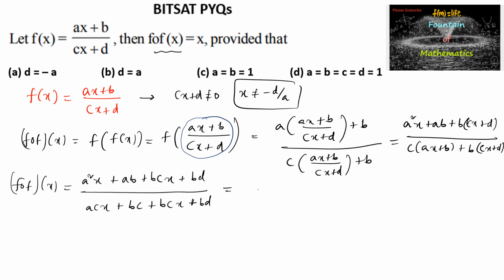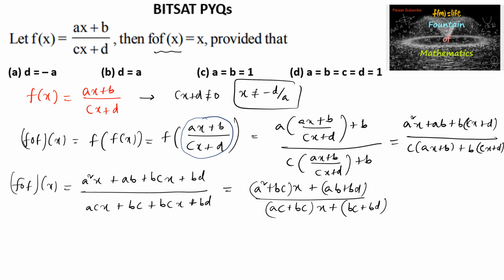We can write (a square plus bc) of x plus (ab plus bd), divided by (ac plus bc) of x plus (bc plus bd), and this composite function f circle f of x is given as x, which is equal to x here. So on cross multiplication,